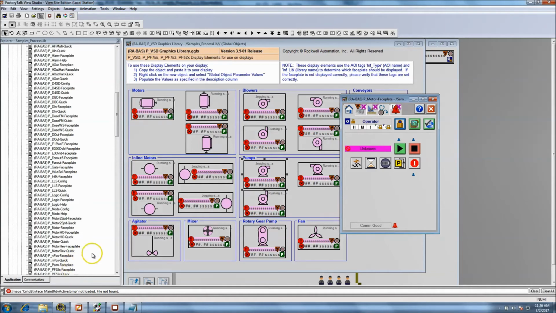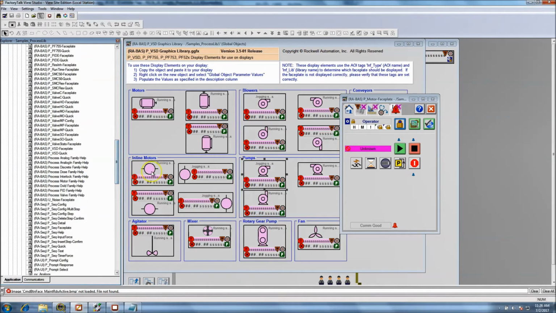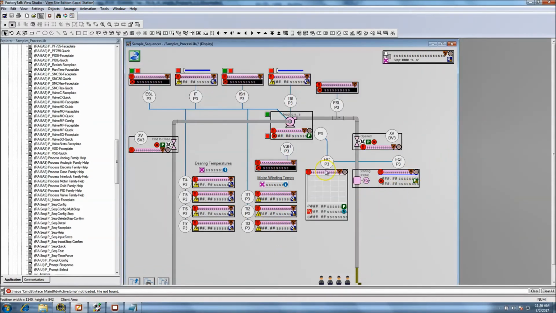So the way it's pulling it up, and I may be looking at that a little different, but just to give you an idea of how to find stuff and how to go about using global objects and loading the parameters, and just grabbing one and dropping it onto the screen and using it. Like if we were to pull up another one,